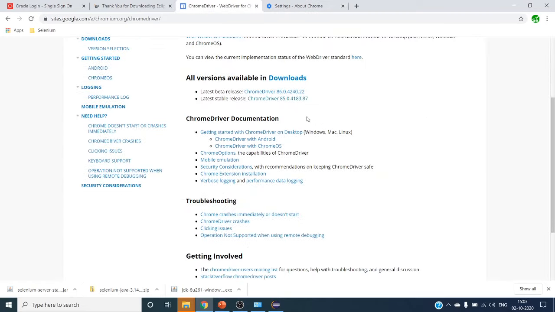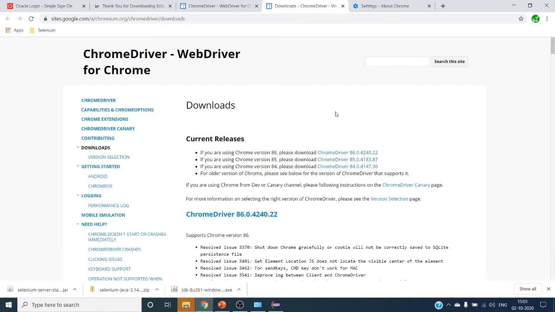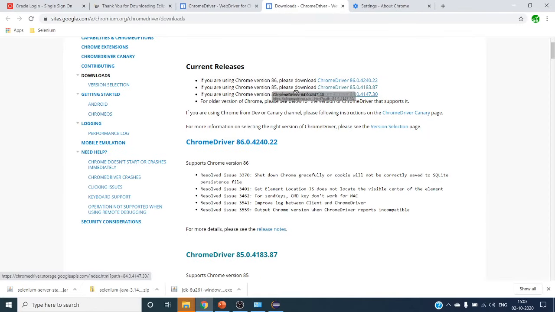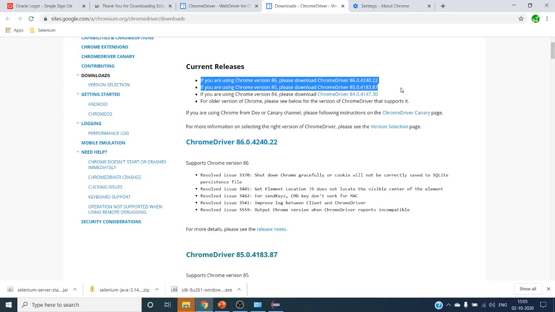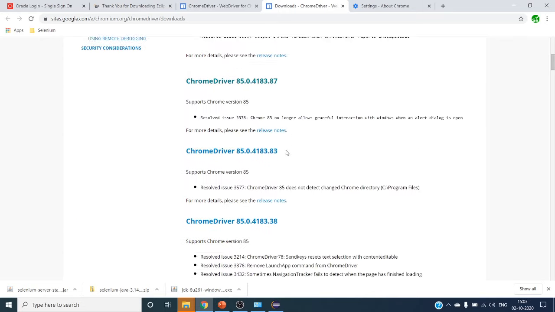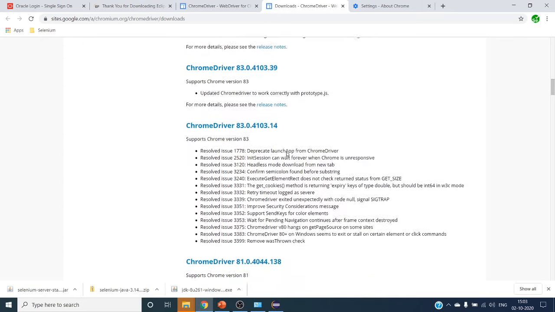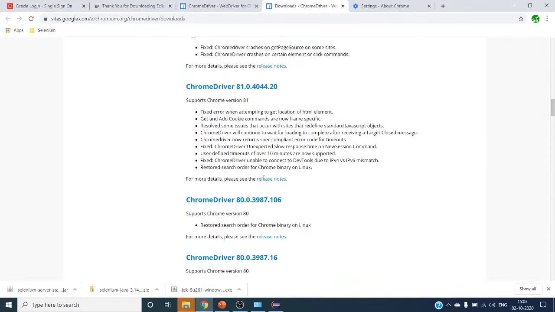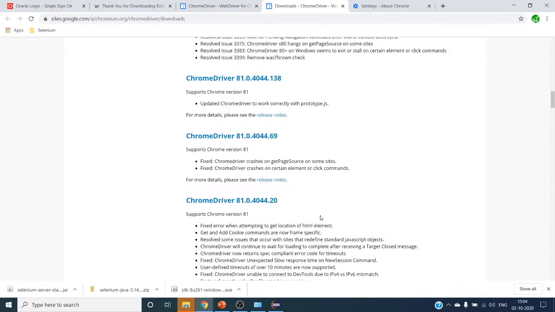So you can see over here 85 and 86 are available. Let me click on all the downloads, and the latest three versions will be available. If you want an older version, you can go down and see other versions, 83, 81 and 80. All these versions are available.